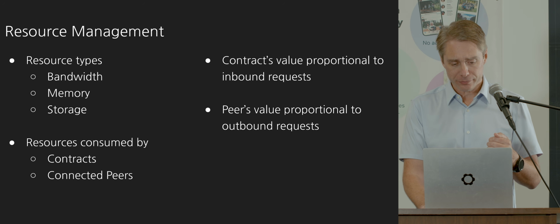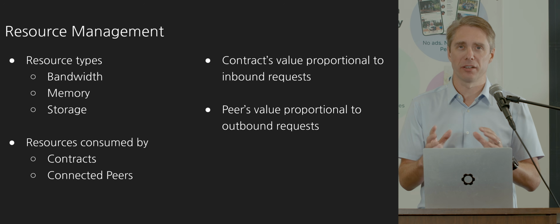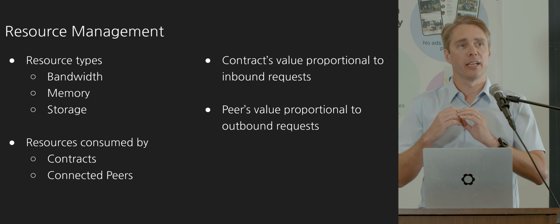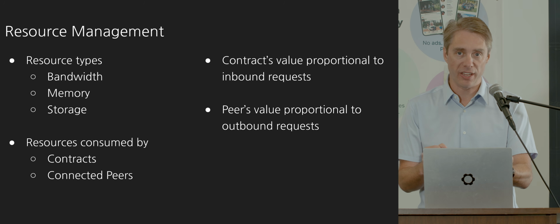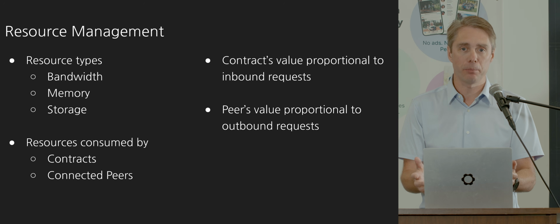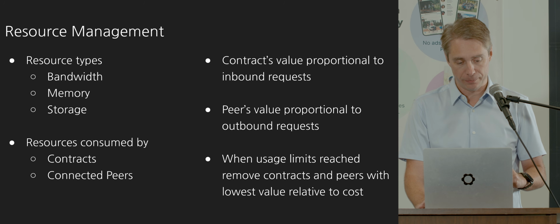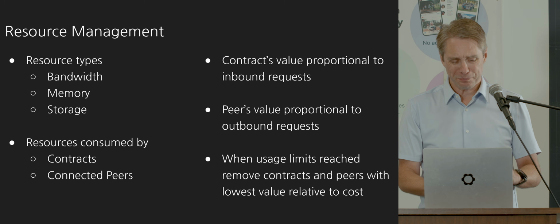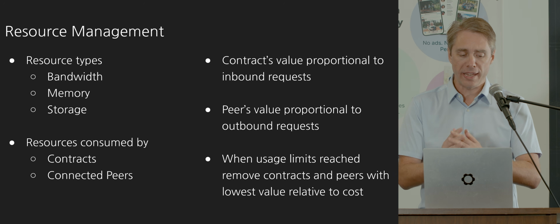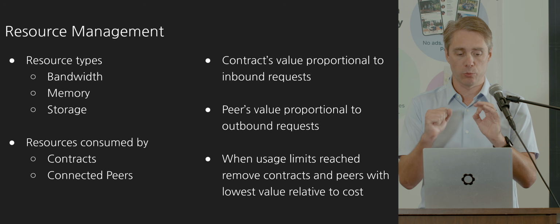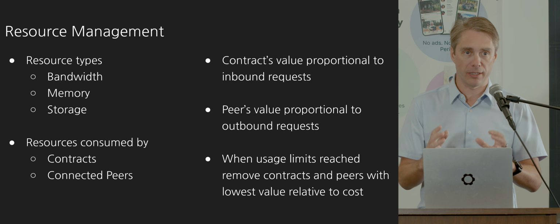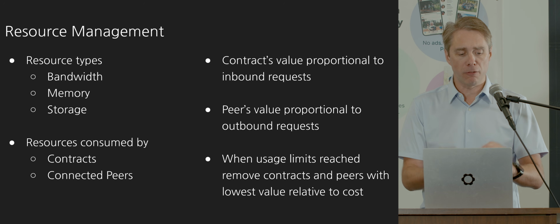And so you can actually just say, well, the value of a peer is proportional to the number of requests we're sending to it, because if that peer is not doing a good job, then we won't send requests to it. And so the way that we do resource management is we're doing this cost-benefit analysis of both